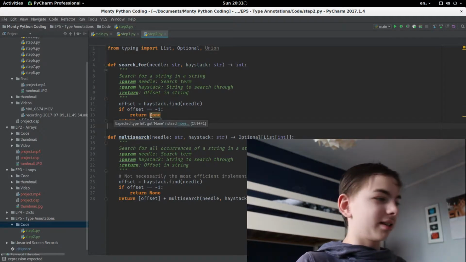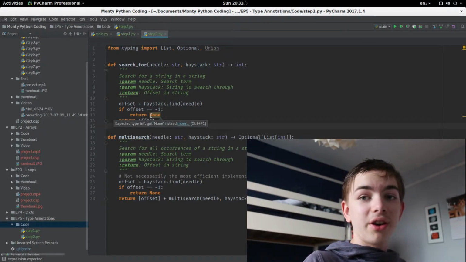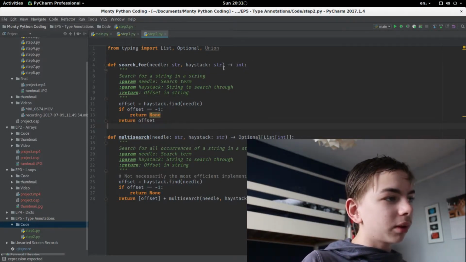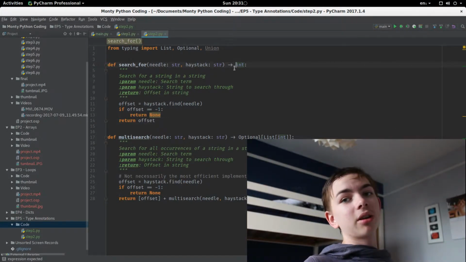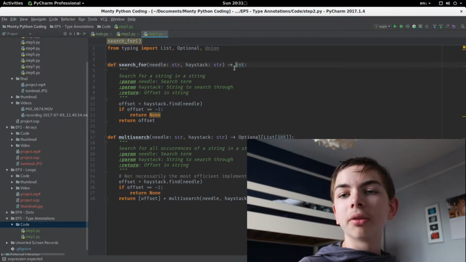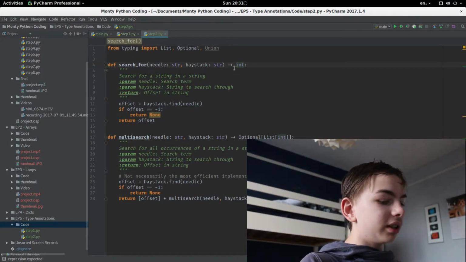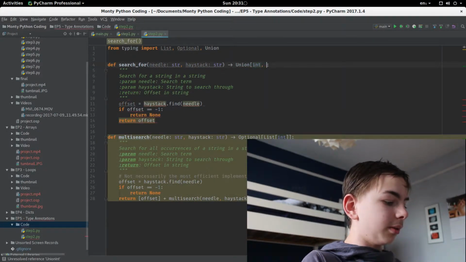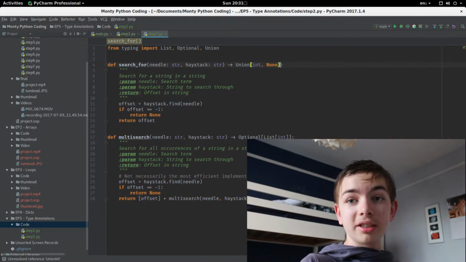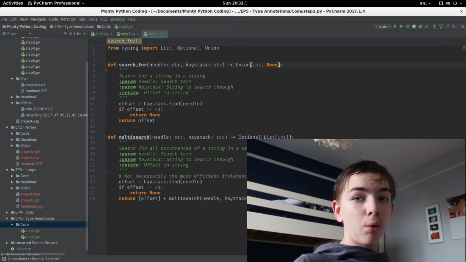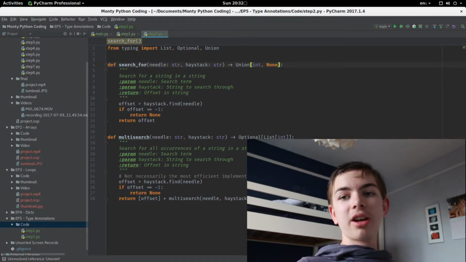Now why is it saying this? Well, it's saying expected type integer got none. Well, how do we define that it might return multiple types? Well, there is the typing module in Python, which has existed since Python 2, but has only really become a thing since its inclusion as a standard module in Python 3.5. So we can specify a union, which any of you who know C will be aware of. Otherwise, it's just saying that it can be any of these values, integer or none, because it might return none if it can't be